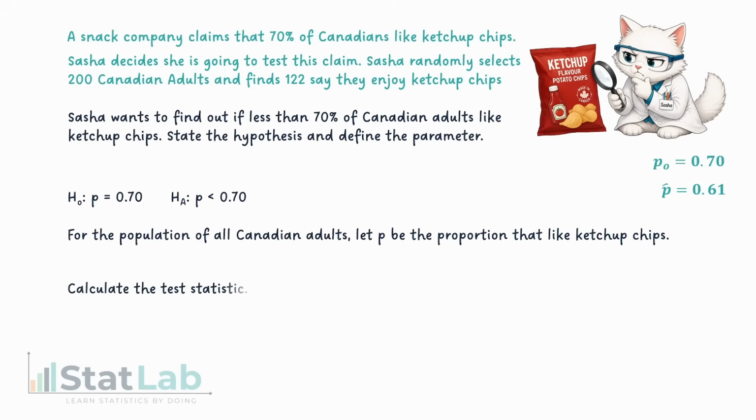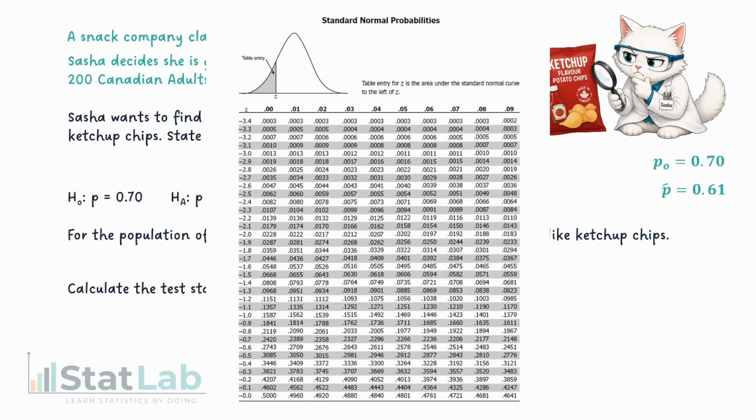Next, we're going to want to calculate our test statistic. And for that, we're going to use this formula here. And again, the reason why that says p-naught instead of just p is because this is an estimated population proportion, but you can treat it the same as p. If we fill in our values, we are going to calculate a test statistic of negative 2.78. Now, if we bring up our Z table and we go to the row of minus 2.7 and the column of 0.8, we are going to find a p-value of